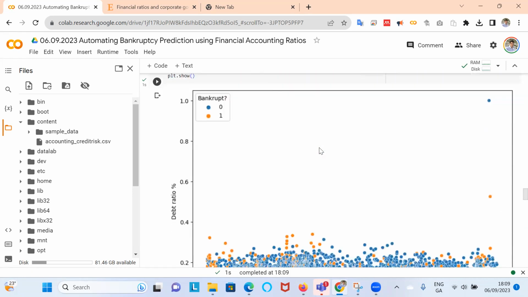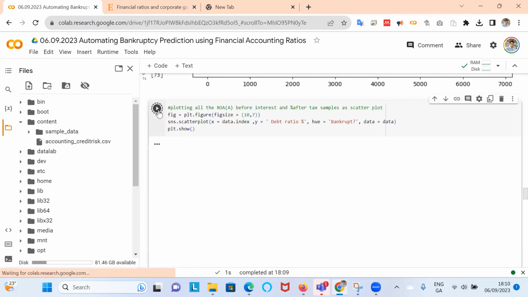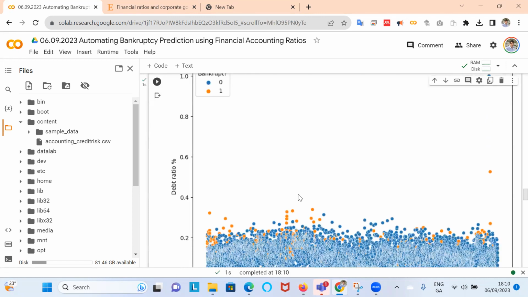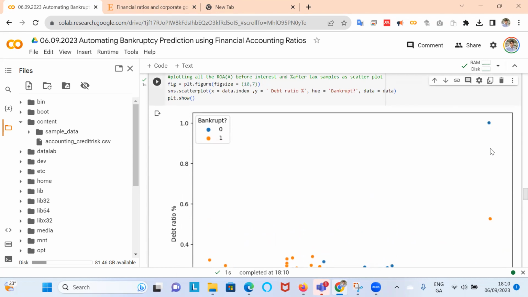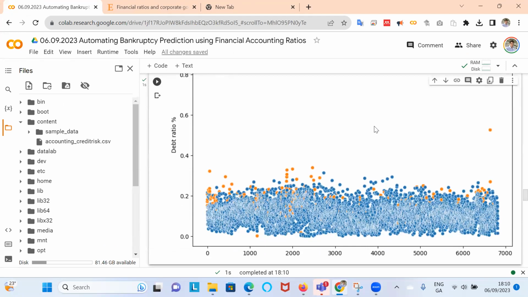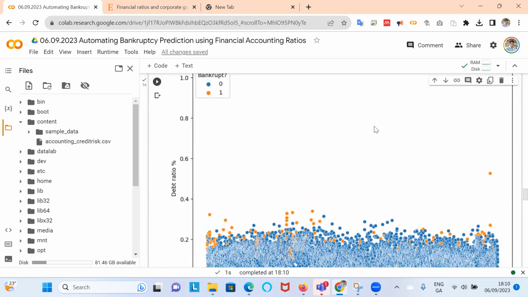But when we look at the debt ratio and compare it to bankruptcy, it pivots around the other way. So those companies that are most indebted seem to have a higher association with bankruptcy, but there are also exceptions here as well. So it's not a hard and fast rule we've created here, but we can discern patterns just visually. And that can be very powerful because sometimes the models we create are not that easy to interrogate, but the visual representations do provide us with a certain amount of clarity.